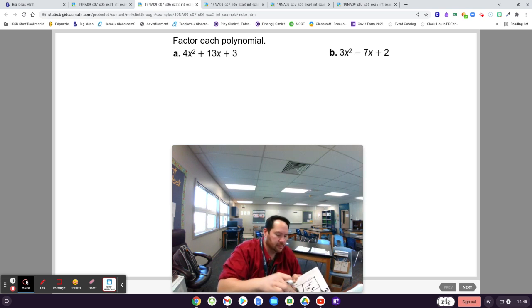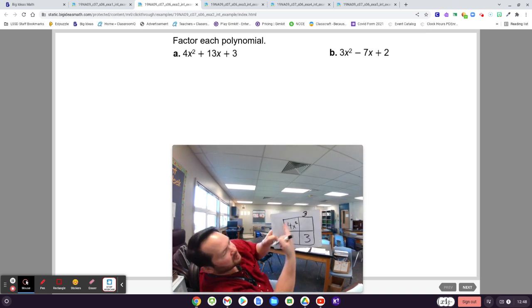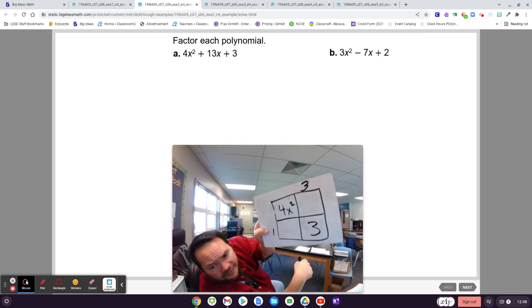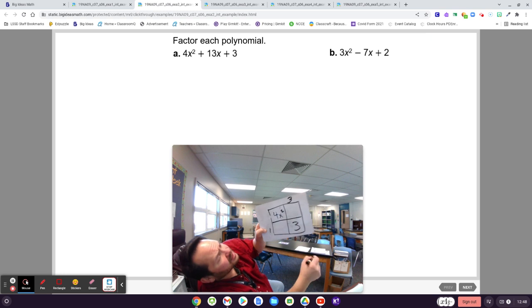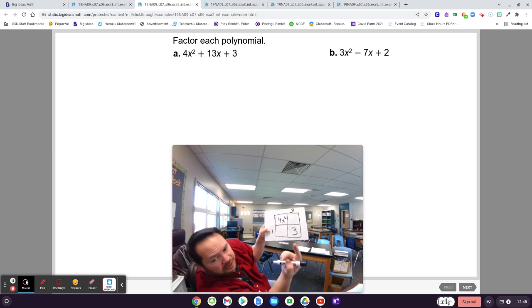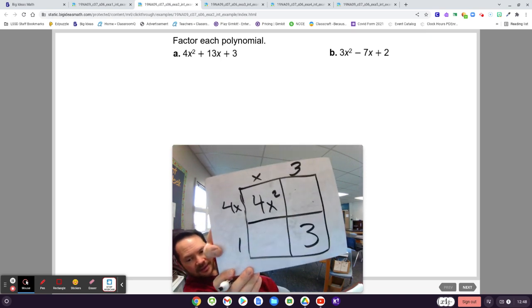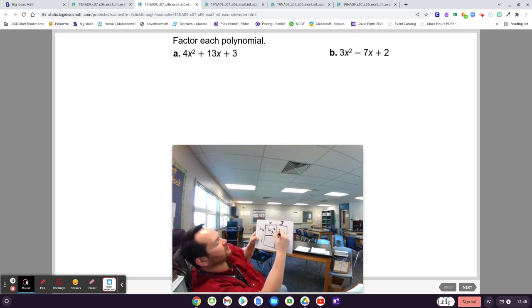Okay. So we just got to try other numbers for now. You'll learn some strategies as you do these. But yeah, it's not going to be 2x and 2x. So it's got to be 4x and x. The trick is, where does the 4x go and where does the x go? Like, which one's which? Okay, if I put the 4x here and the 1x here, then that'll make this 12x